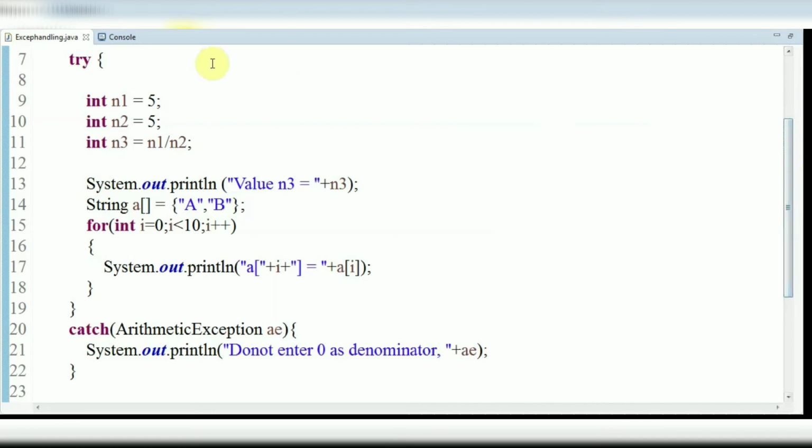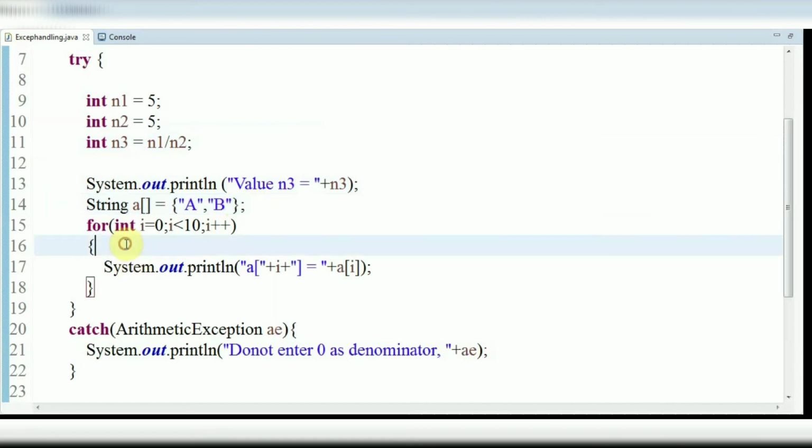Here you can see I have written a piece of code in the try block. I have initialized two variables n1 and n2 with value 5, and I'm trying to perform a division operation, and print the value of n3 on the 13th line. Next I declare a string array variable and store a and b values in it.